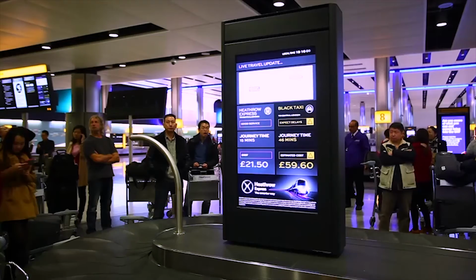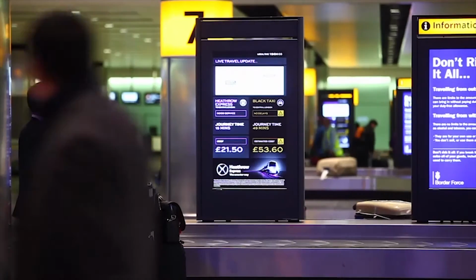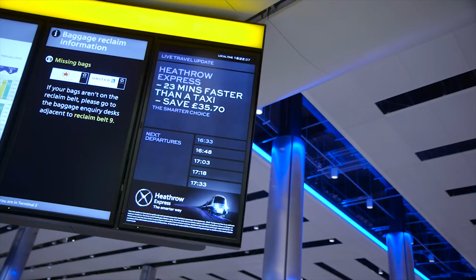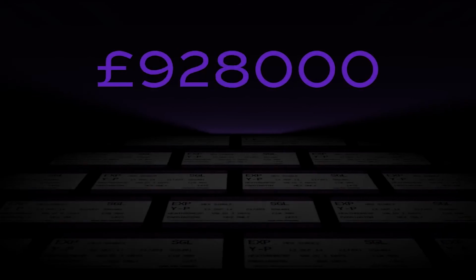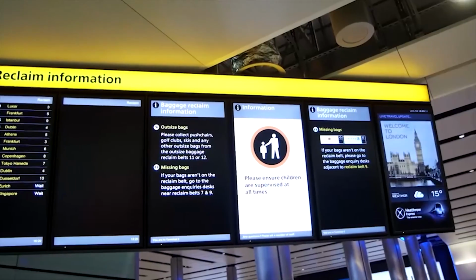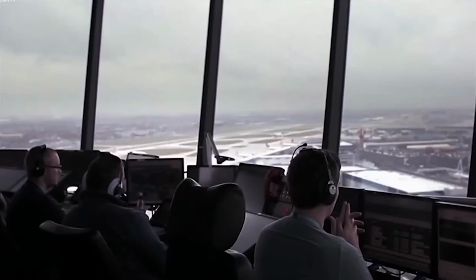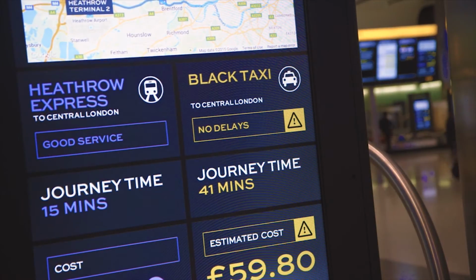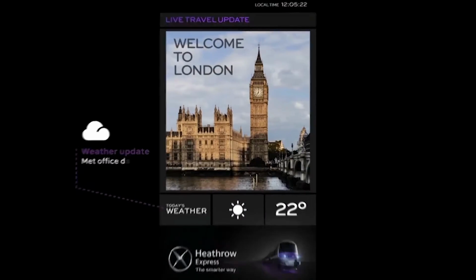At baggage claim, passengers are greeted by a comprehensive onward travel information screen. In fact, a carefully orchestrated and complex world first in advertising, devised by DailyDOOH and Saatchi Macias, leading to a £4 million increase in turn-up-and-go ticket sales. The installation integrates 5 separate data feeds with Heathrow Air Traffic Control to give a 100% accurate live picture of the passengers' transfer options. First, we show a live simulation of London's skyline, which is rendered from weather information from